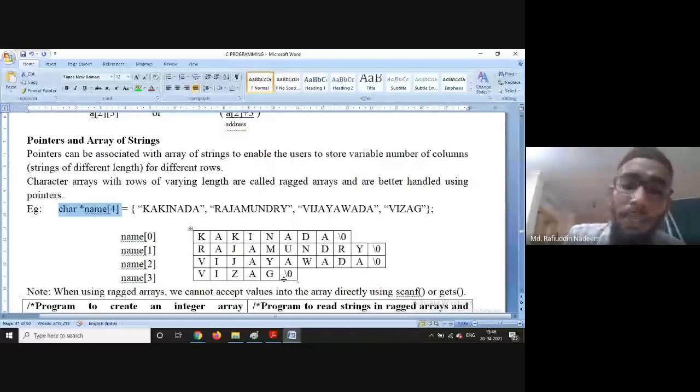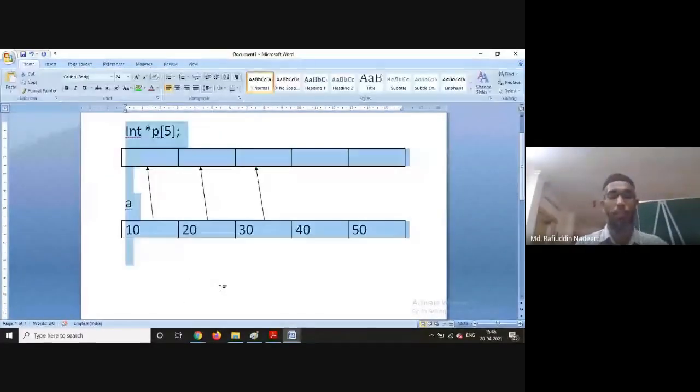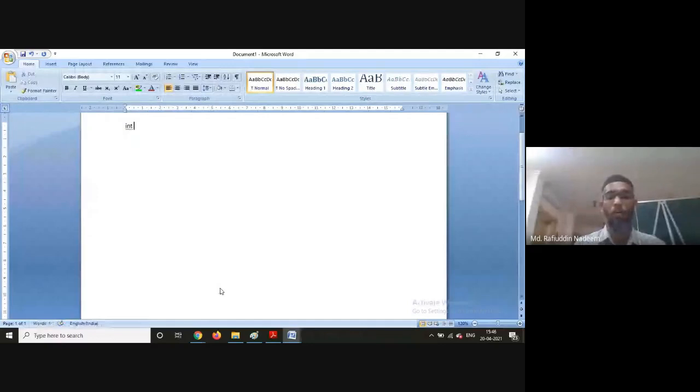So different sizes. Generally, what happens, you know that in general we will declare it like char s of 5 by 20, to store 5 names of size 20.